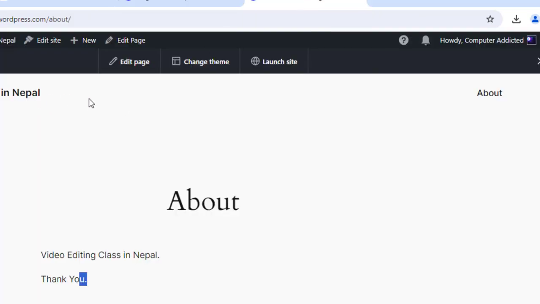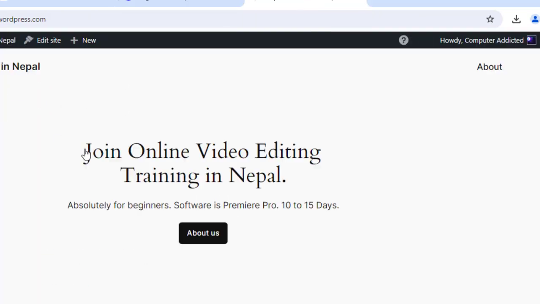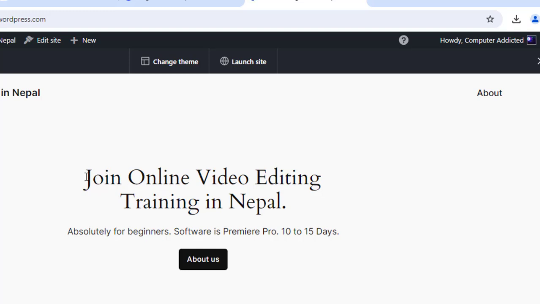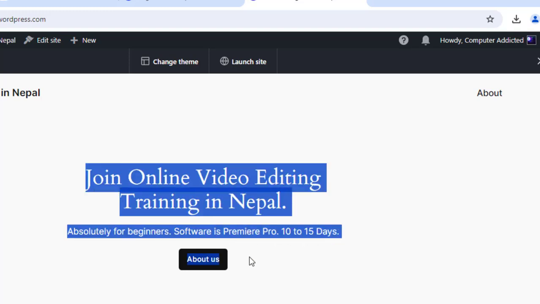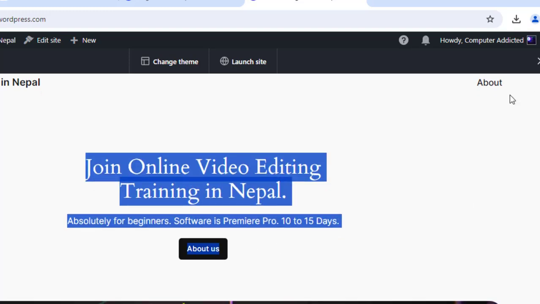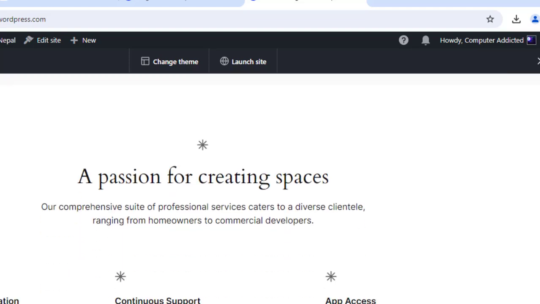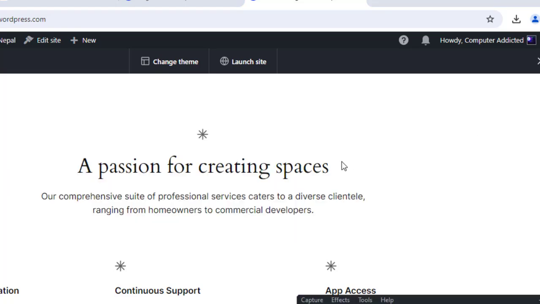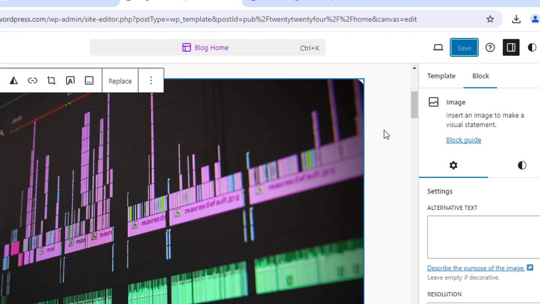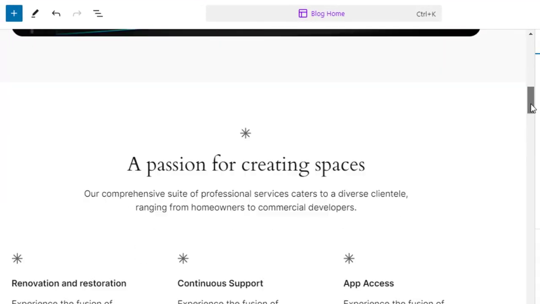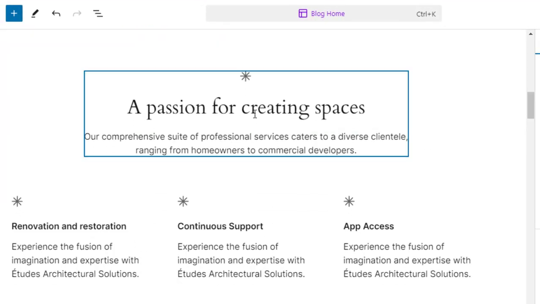Let's go to our site. Let's load our homepage. Now you are seeing here, we edited this, we changed the about section. Now the image is loaded, right? Now go down. Now you can change all these manually, right? Go down, option for creating space,